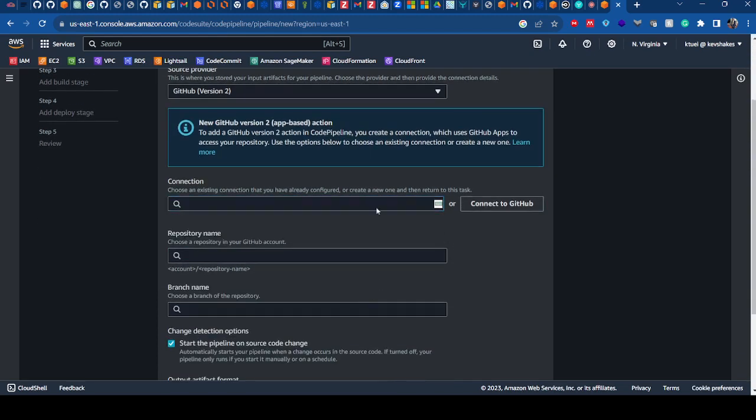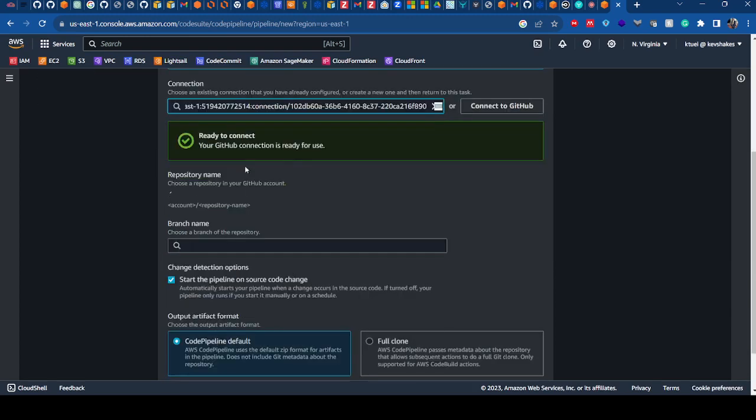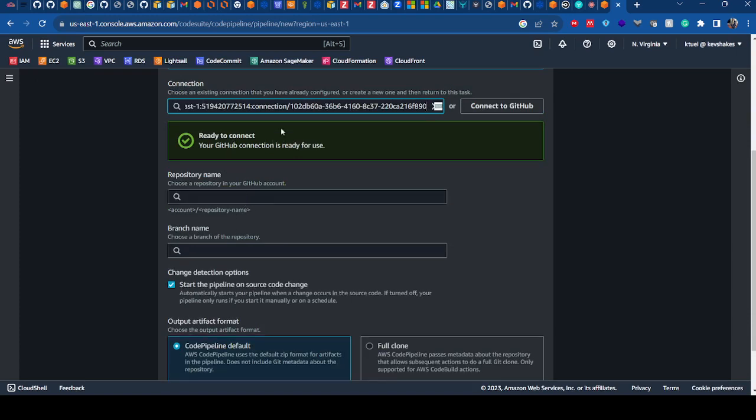For example, you can see I had already created a connection to my GitHub. This one it is. But if you don't have a connection yet, you click on connect to GitHub, then you go through all those procedures. For the sake of time, I'll use my connection here. You can see it is loading and it's going to choose. I think for this connection, I restricted it to one repository. Here it is,